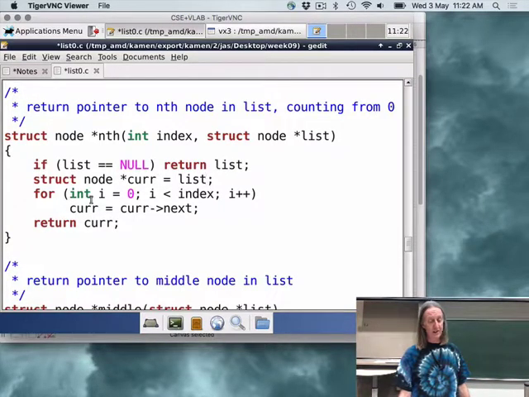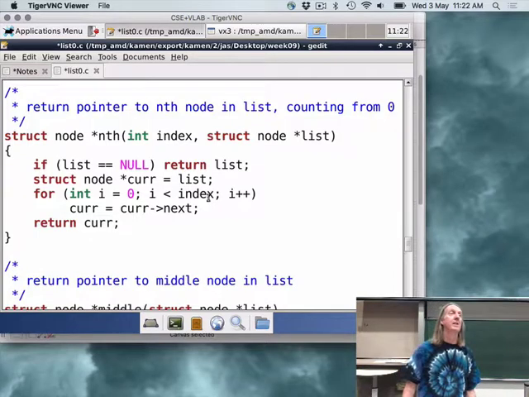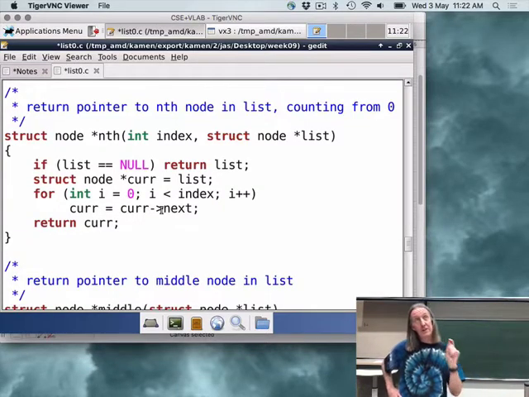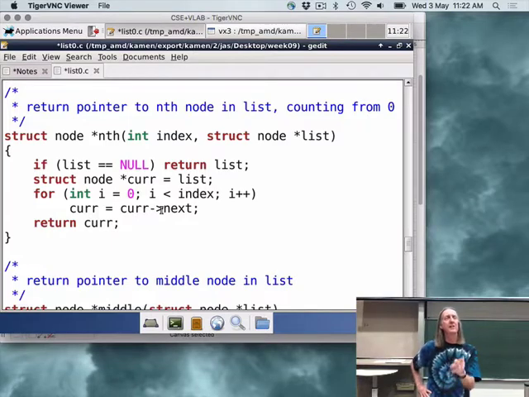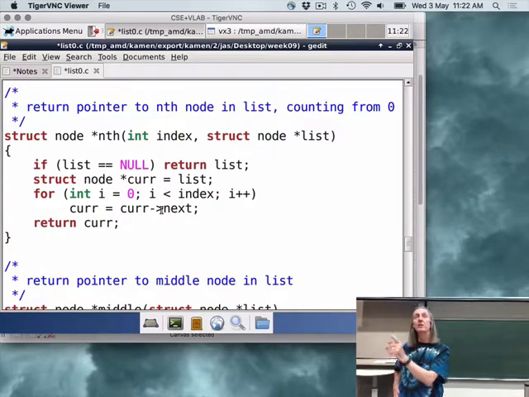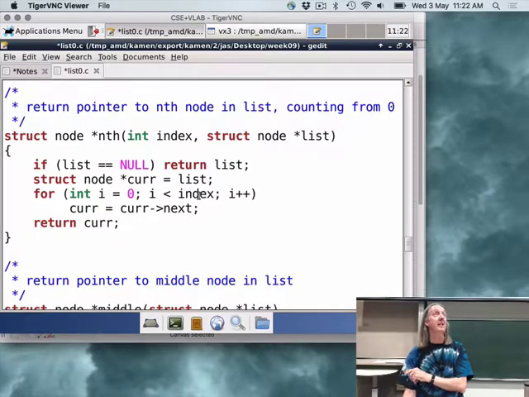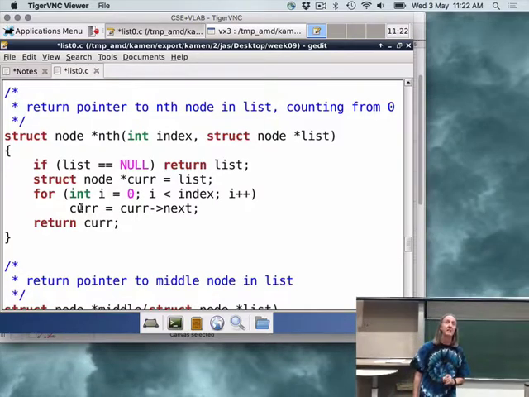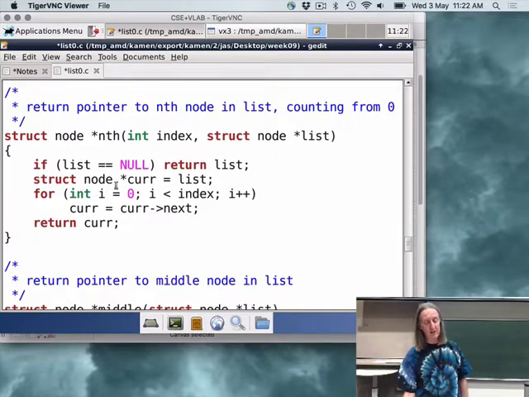So we start at the start of the list. We're going to count up to 10. On each iteration of the loop, we advance to the next one. So starting from the first node, we go to the second node, the third node, the fourth node, the fifth node. When we're on the fifth node, we're still counting the index variable upwards, and we're going to say current is assigned current next. We're on the last node, so what value is current going to get? It's going to get the value null, but the loop hasn't finished, so we're going to go around the loop again,